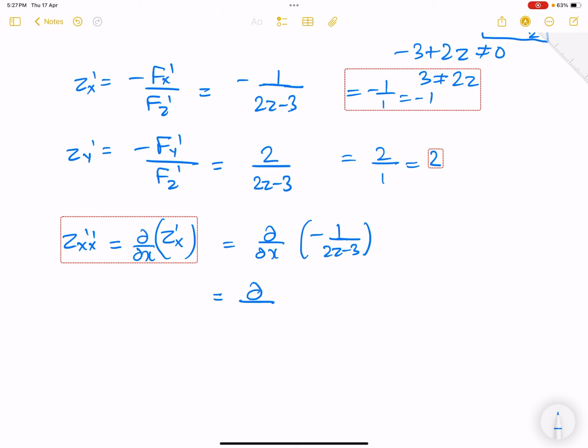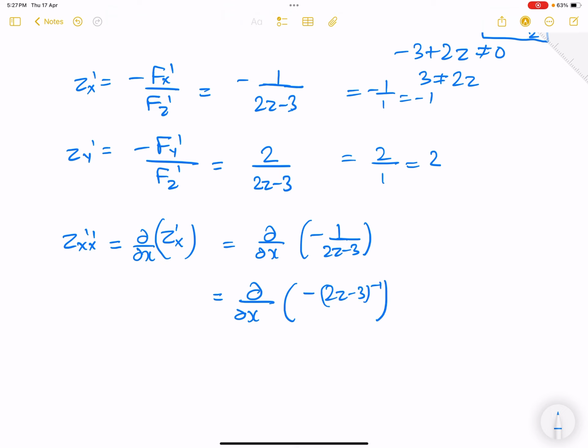So this can be written as, and this is basic differentiation, minus 1 to the power minus 1, and this is 2z minus 3 to the power minus 2 into 2z dash x,